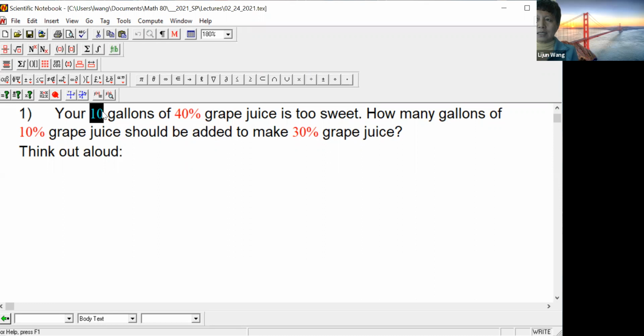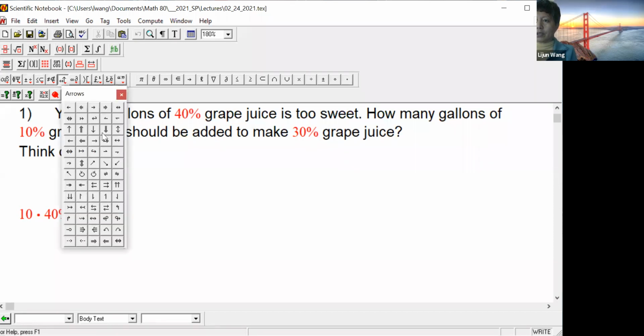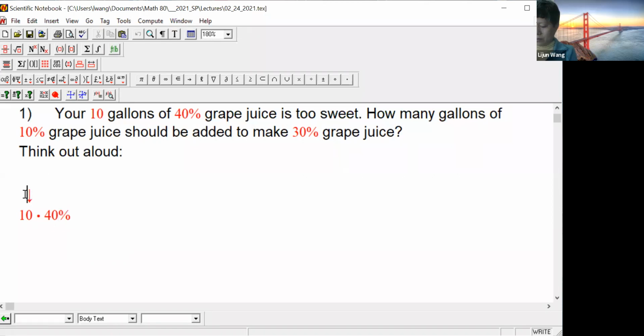We will take the 10 gallons, which is the volume, and multiply by 40%. So the volume of the liquid,